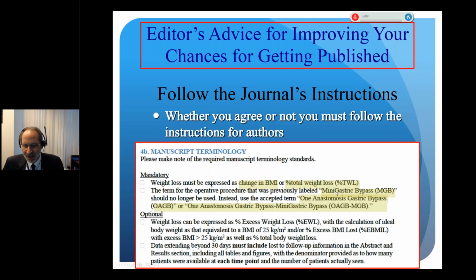And then another thing, the world has known the one anastomosis gastric bypass as the mini gastric bypass, MGB. However, the Executive Council of IFSO voted that the official name is one anastomosis gastric bypass. If you send the paper in calling it a mini gastric bypass, I will send it back to you because of this. You can, if you prefer, hyphenate the two, and I'll accept that, at least for the time being. But it's very important to follow the instructions. You can't make a political statement here because your paper is just going to be rejected. So please follow the guidelines that are on the website.